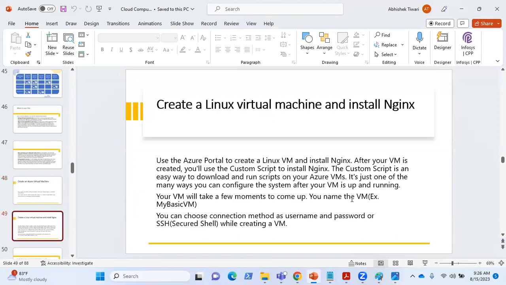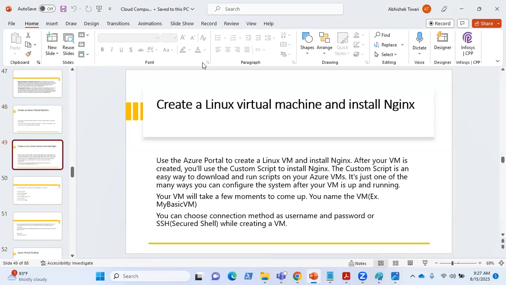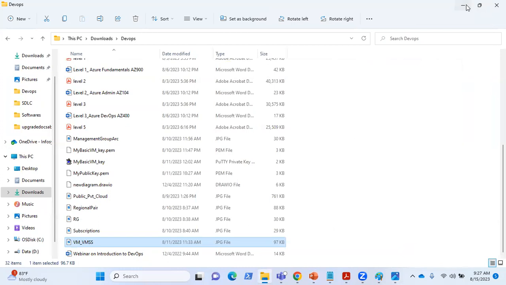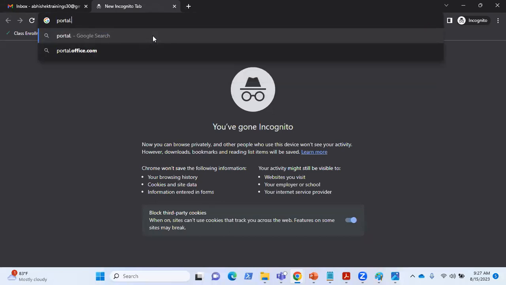Now here we'll be creating a virtual machine, a Linux virtual machine basically, and we'll be installing Nginx. So let's see this part. Now, when you visit portal.azure.com,